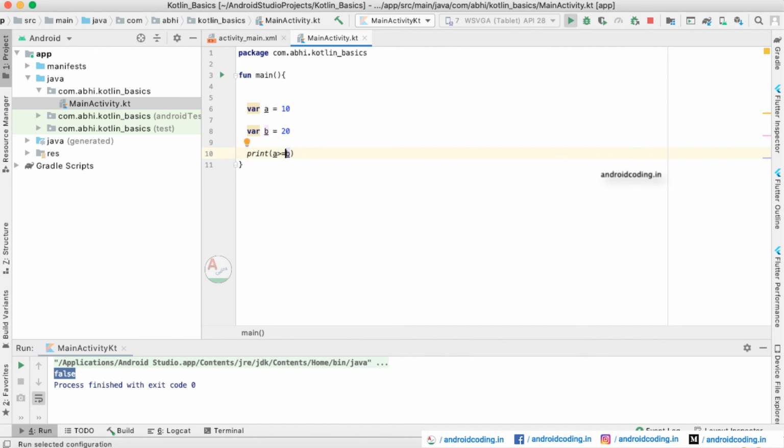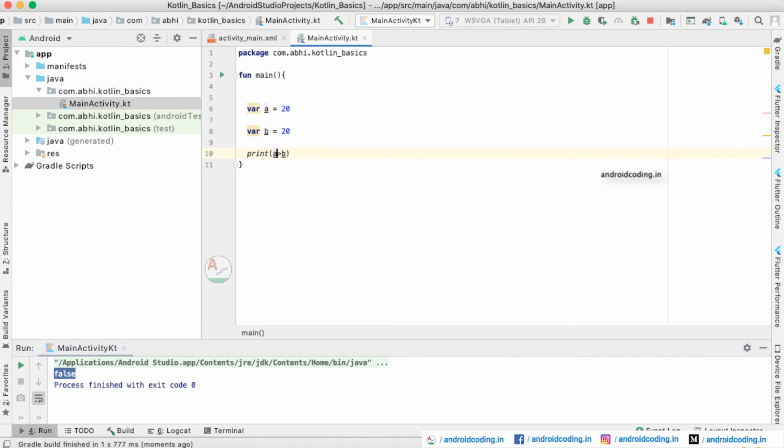Greater than or equal to will also be false here. Why? Because 10 is not equal to 20. Even though, if you provide a is equal to 20, then it will be true here. But when you try to see only the greater than symbol, this one will be false because a and b are equal here.